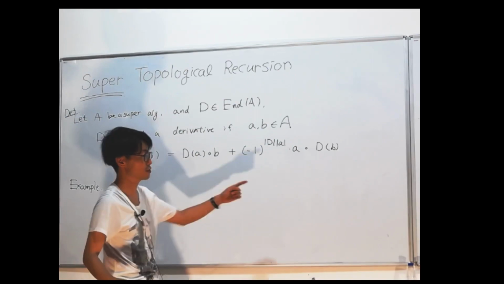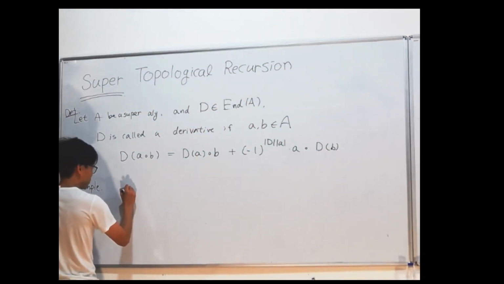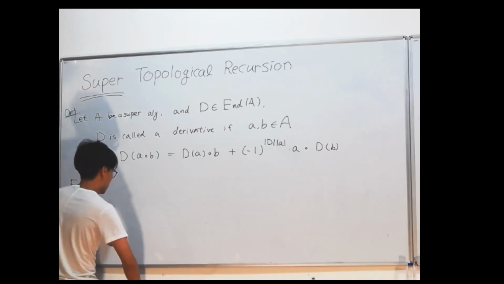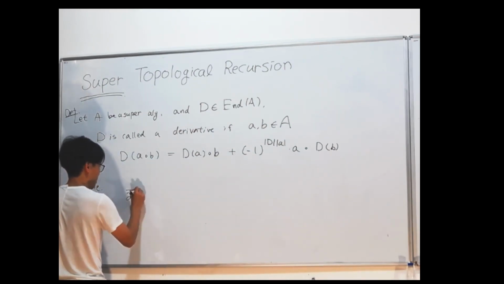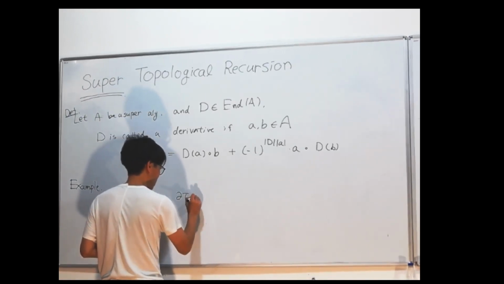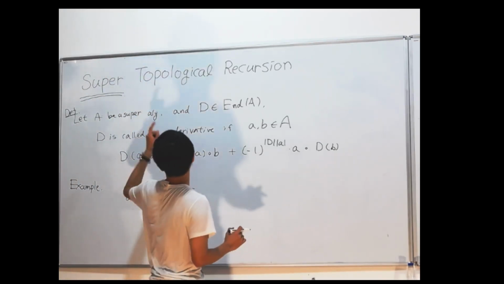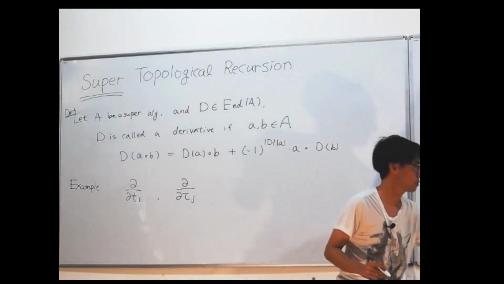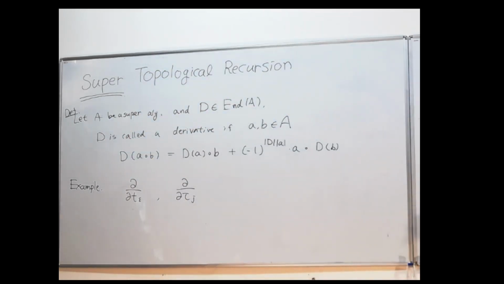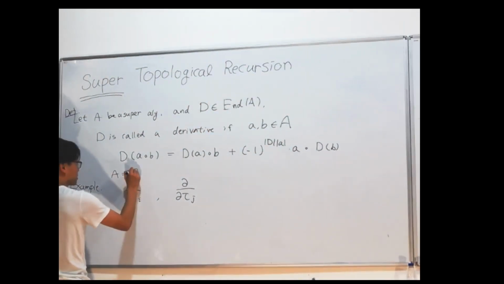So example, let's now use these coordinates to make everything concretely clear. Then of course, as you can imagine, in these coordinates, this d by dt is a derivation, as you can easily imagine, I hope. And this one is also a derivation. Let's say A is in fact this algebra. And then now I can think about the derivation. Example, let's take A, sorry, A is the same as